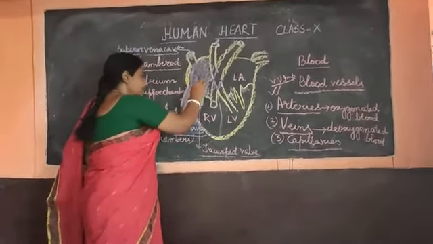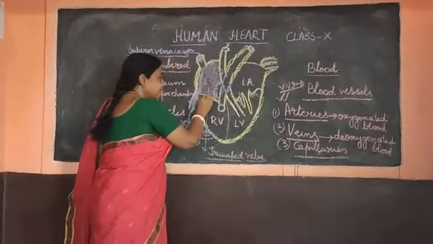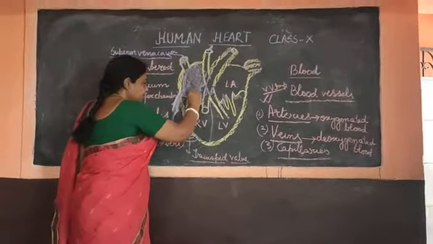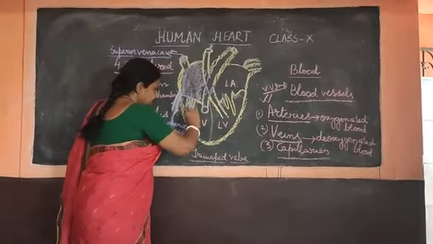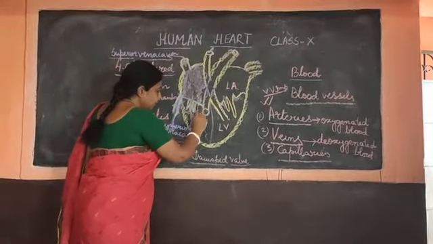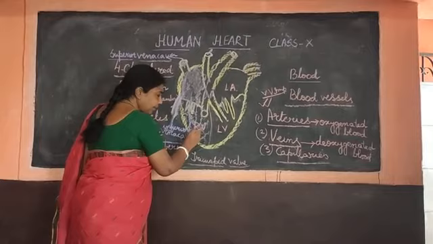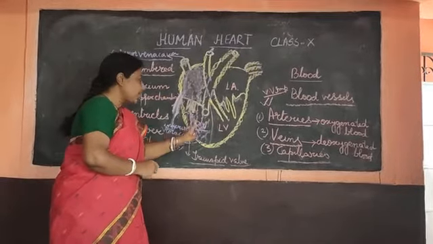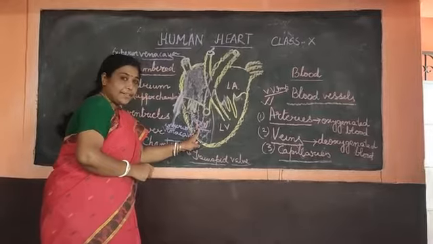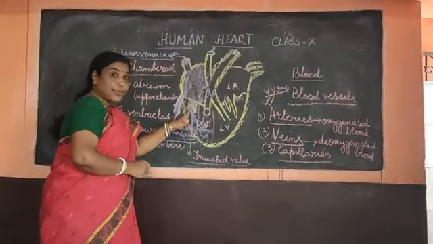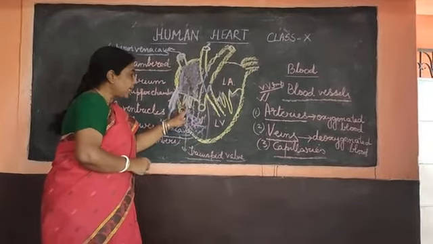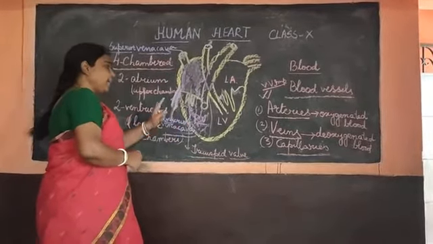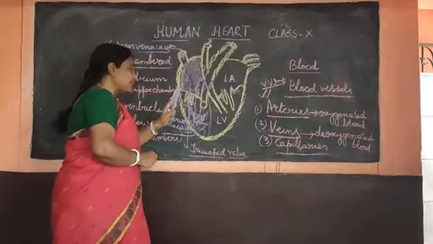Now the deoxygenated blood, the valve under pressure will open, and what will happen? The deoxygenated blood will now reach which part, children? The right ventricle. Where will the deoxygenated blood come now? Right ventricle. By the opening of what? By the opening of the tricuspid valve. And what else? This valve